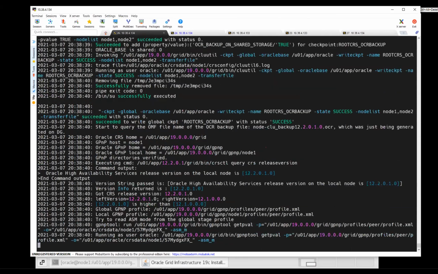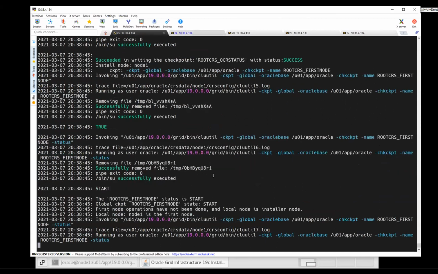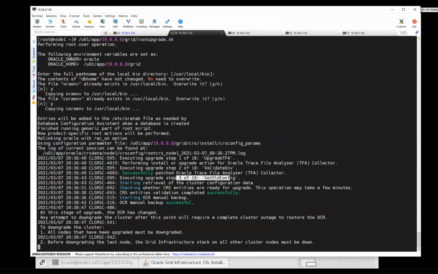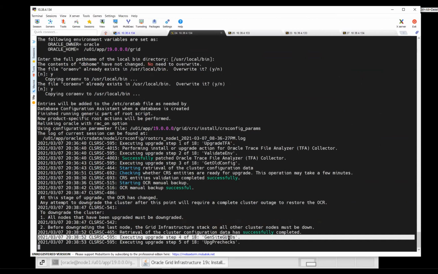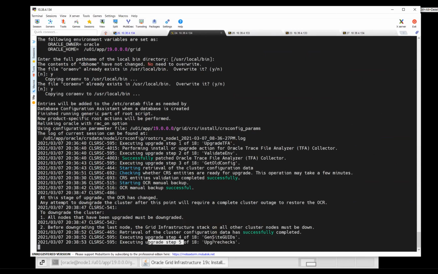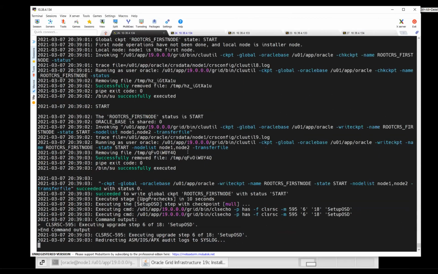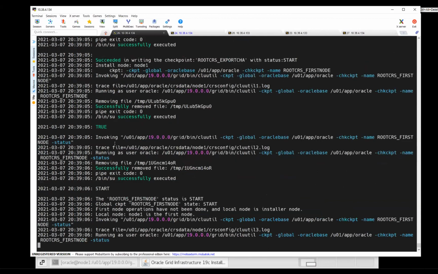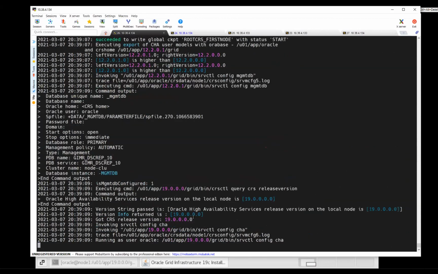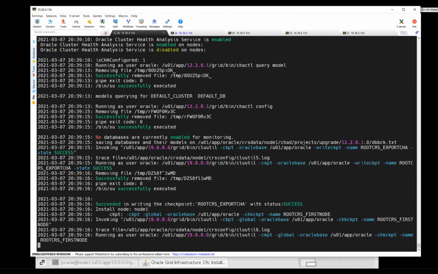So all this you can see, right? It is doing all these things in the backend. If you go back here, you can see step 3 of 18, get configuration, is done, and now step 4, it gets a site GUID, and step 5, it's doing upgrade pre-checks. And again, go back here: all these commands, whatever you manually run, cluster configuration, health check, it will do the same thing. All the crsctl config, and your query models, HASCTL query model, all this.